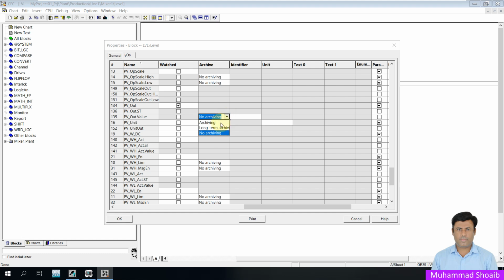So here we have two options. Archiving means short-term archive and long-term archive. What is the difference between these two? The short-term archive stores data in the OS or the operator station servers, while the long-term archive stores data in the separate process historian or the central archive server. So for this tutorial video, I will select the archiving, click OK,